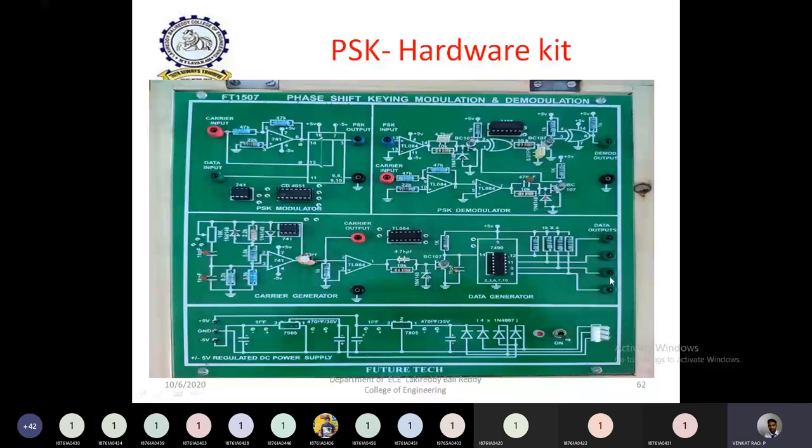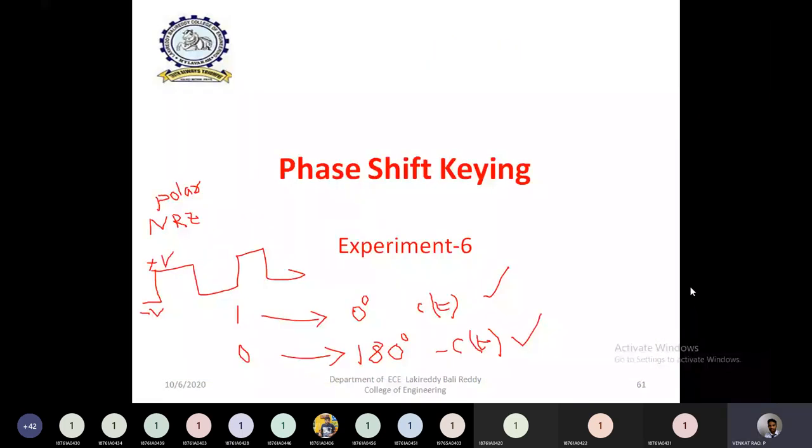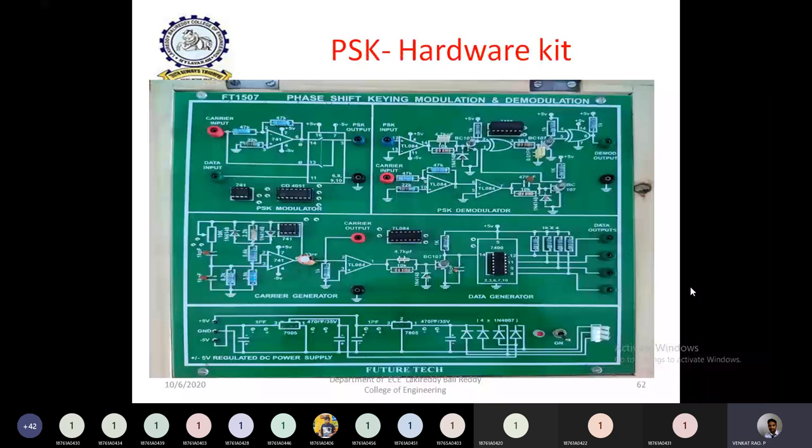If you connect the third data pin to the CRO, then on the CRO screen you can observe a different input data sequence. Like that, you can have 4 possible combinations of input bit sequences. Whatever input data you selected, based on the same data you need to demodulate. That means the demodulated output must have the same sequence as the input data sequence, right?